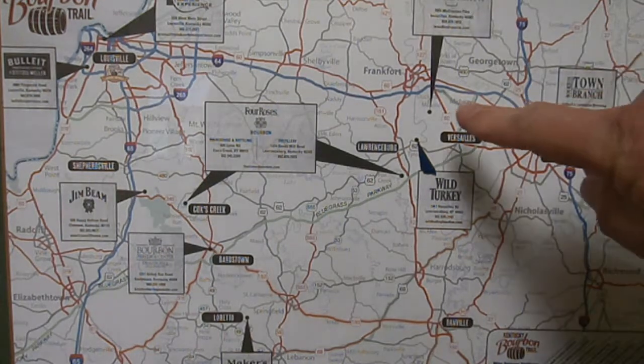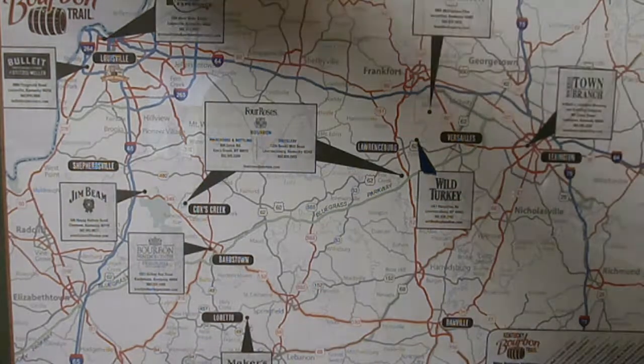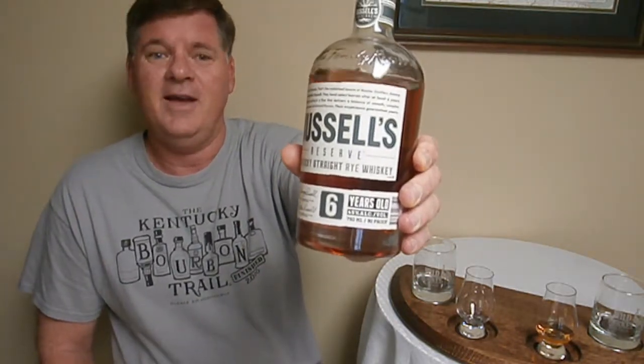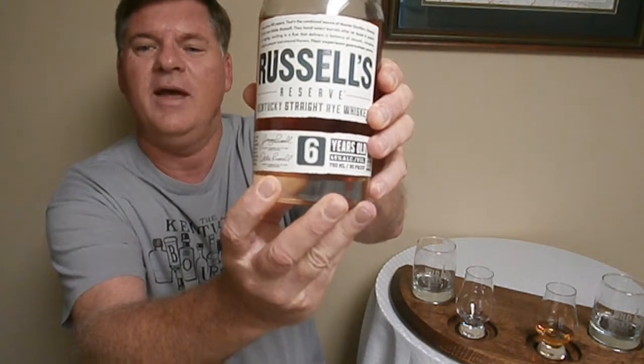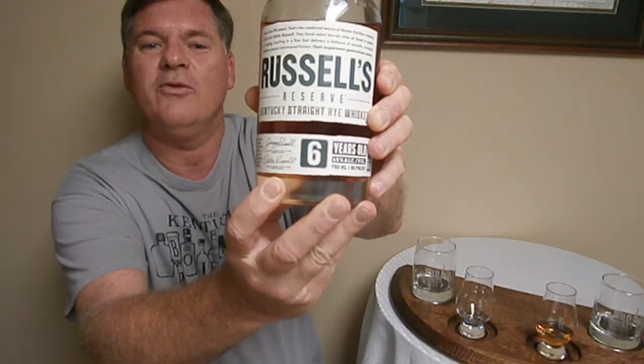Wild Turkey Distillery offers tours with tastings and is located an hour southeast of Louisville, Kentucky. Wild Turkey's Russell's Reserve Rye Kentucky Straight Whiskey, 90 proof, was bought for $39 here in Kentucky. This 6-year-old rye with the two master distillers' names on it, Jimmy and Andy Russell, is not easy to find, but it's stocked by the Wines and More liquor store chain